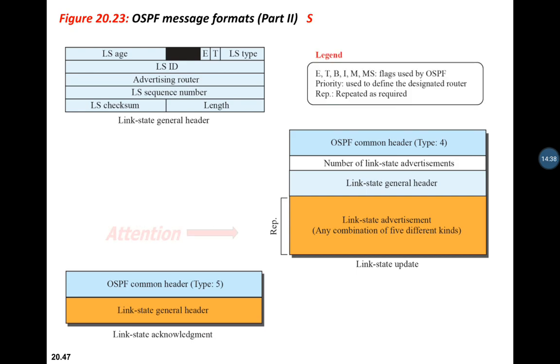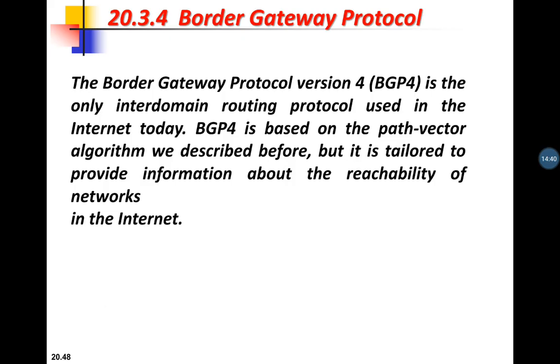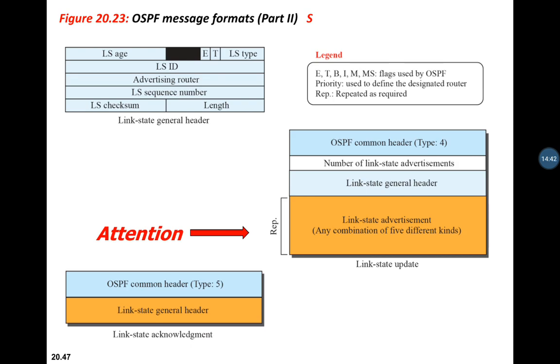Next is about authentication. The Open Shortest Path First common header has a provision for authentication. This prevents a malicious entity from sending an OSPF message to the router and causing the router to become a part of a routing system to which it does not actually belong. Next, the algorithm needs to be augmented to handle sending and receiving all 5 types of messages.